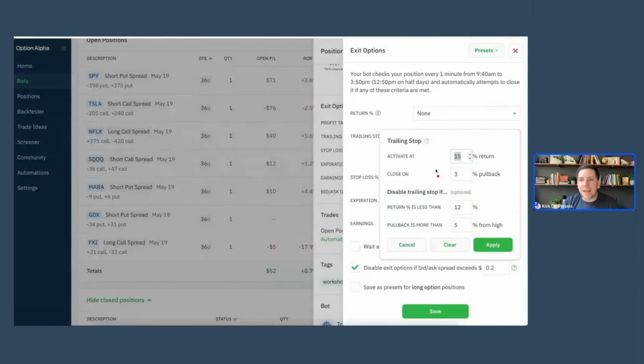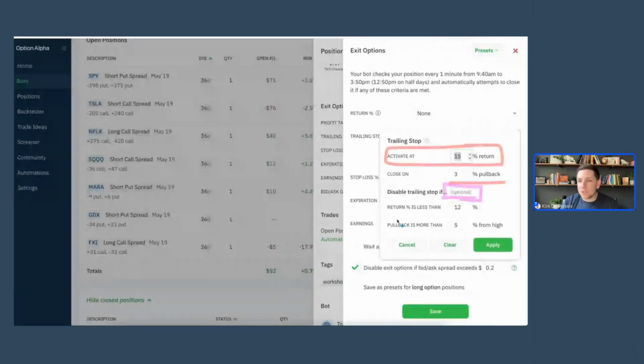This one says activate a trailing stop at 15% return. These are all smart stops. We call them smart stops. They're trailing stops. You guys just happen to use the word trailing stop a lot more, so we use that. But we call it smart stops too. Activate at a 15% return and close on a 3% pullback. What I've also done, and notice these are optional, which means you do not have to do them unless you want to. The optional ones I've